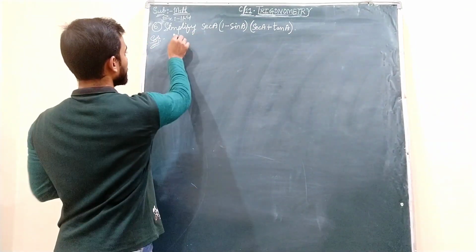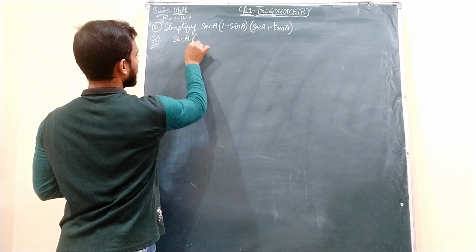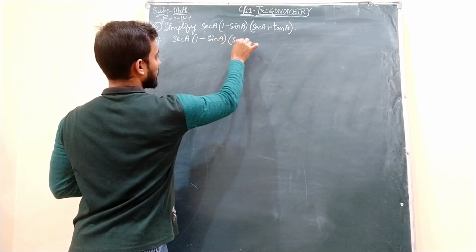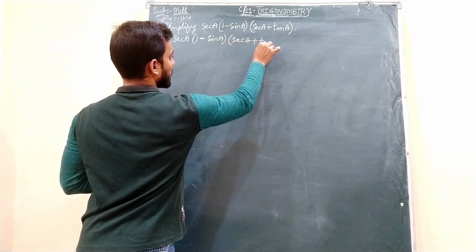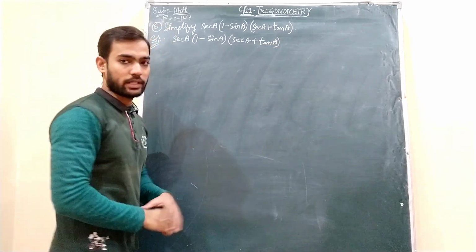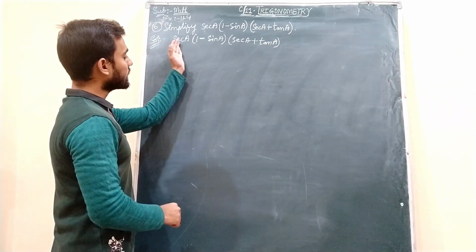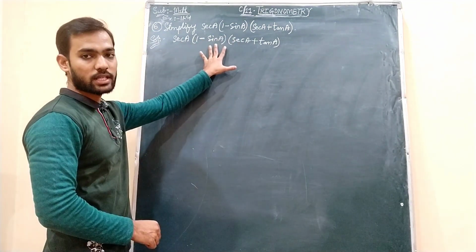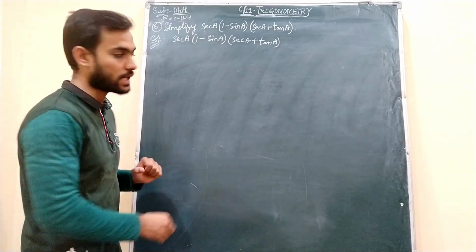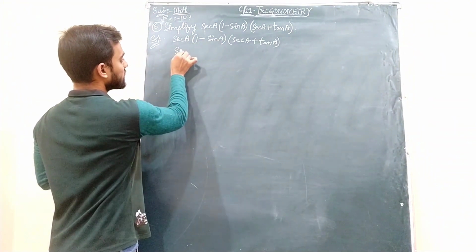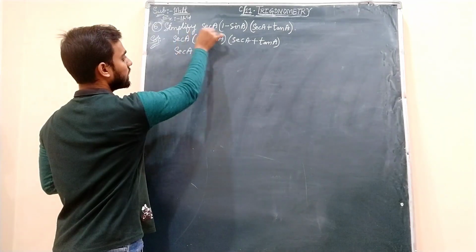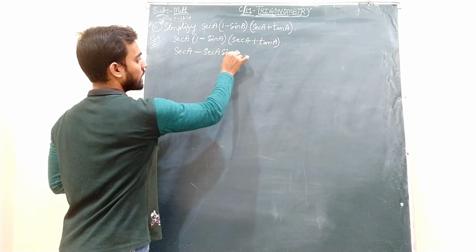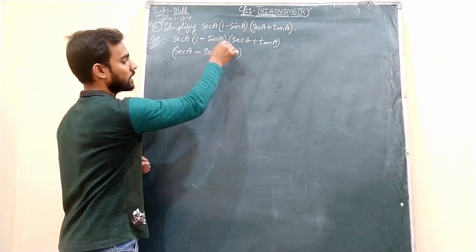Okay. So firstly we will copy this as it is, that is secant A into 1 minus sin A into secant A plus tan A. As it is expression I have copied. Okay students, now this secant A we will multiply to this one, because here it is secant A plus tan A, but here there are two different ratios. So this secant A we will multiply firstly inside over here. Secant A into 1 is secant A minus secant A into sin A is secant A sin A. Altogether we need to write. Okay, this secant A we have multiplied to them both.